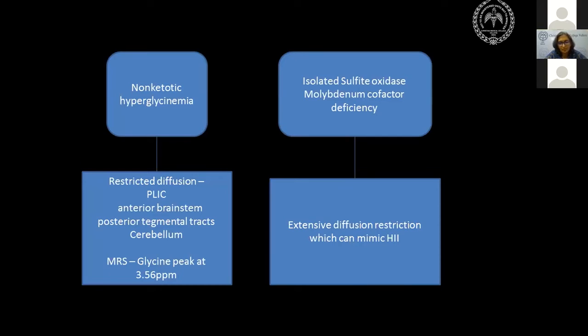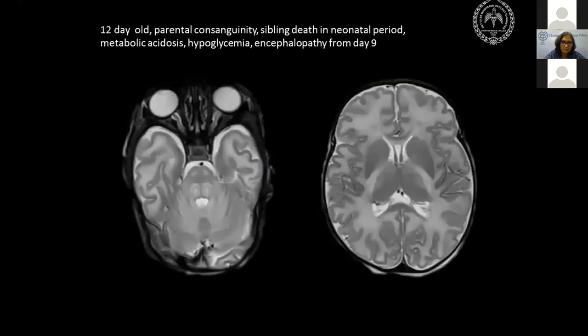Now, isolated sulfite oxidase and molybdenum cofactor deficiency can have extensive changes with diffusion restriction, which can mimic HIE. Some differentiating features are that with these conditions, the caudate nuclei can also be involved, which is not typically seen in HIE. And the other factor is that usually, even with profound HIE, infants seem to stabilize after 1 to 2 weeks, but this does not happen with these conditions. So, going over a few cases,